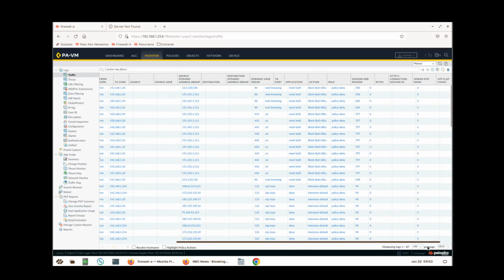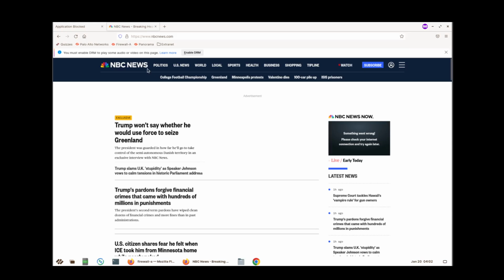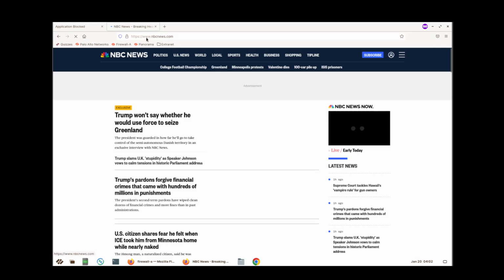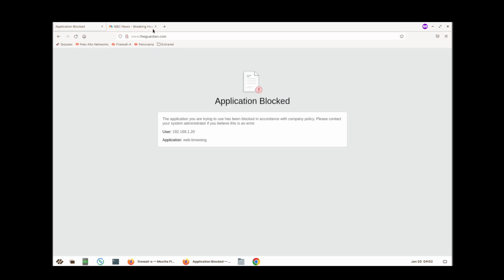We see blocks. Jump back over. That's interesting. I'd make this video a little longer to figure out why it's behaving that way, but